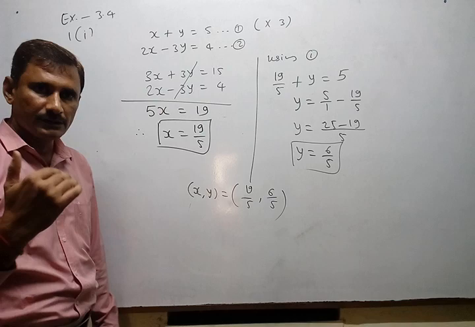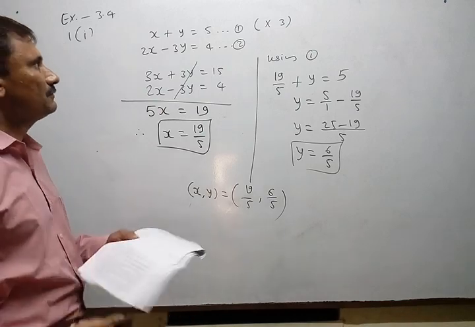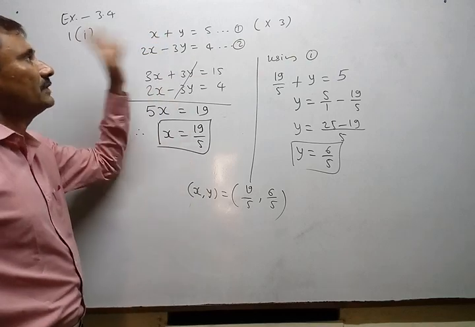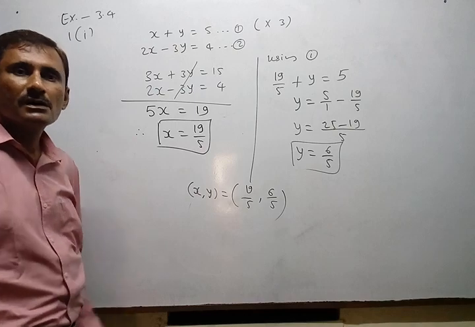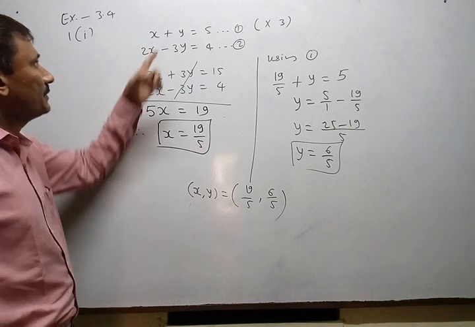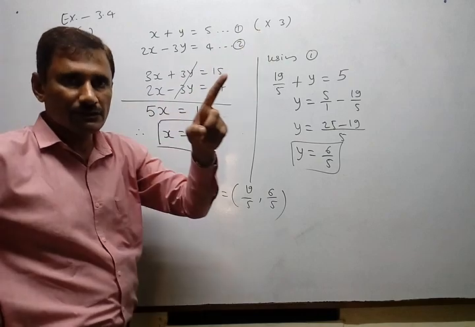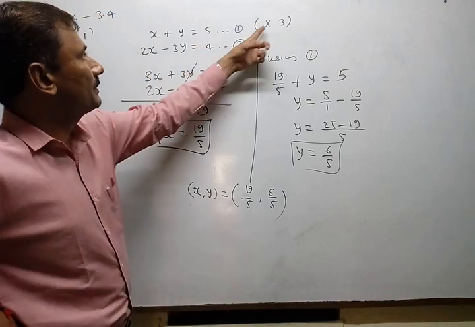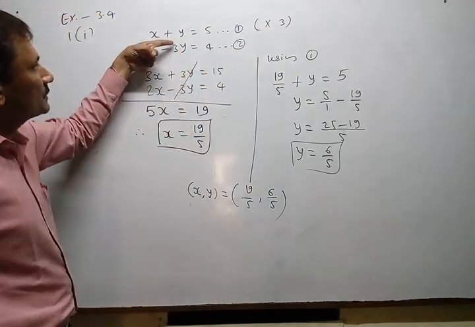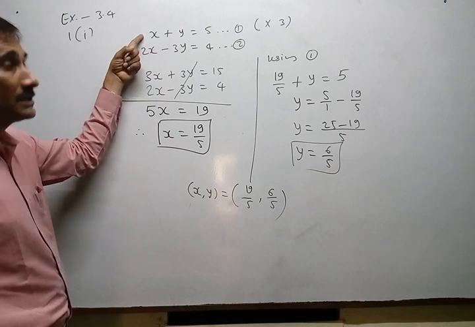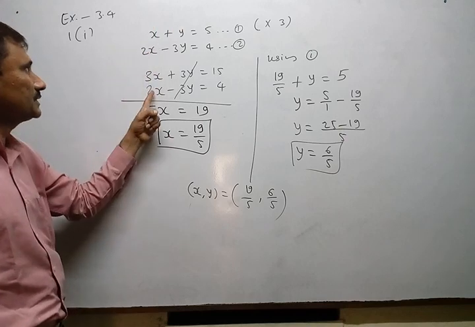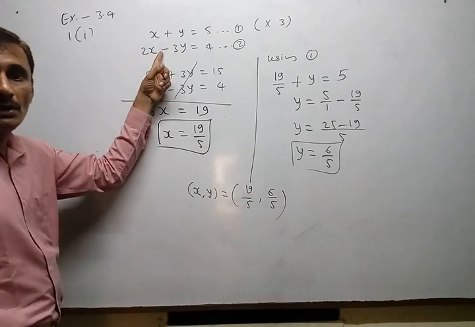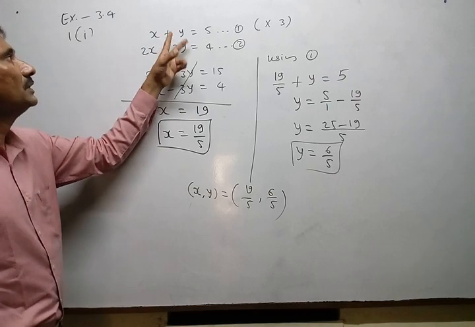So again, I just quickly revise it. First of all, write both equations this way, vertically arranged. Then look for any one variable. That variable's coefficient must be equal. If not equal, then you have to multiply either the first equation, or the second equation, otherwise both equations by appropriate numbers. Here I multiply the first equation by 3. Why? Because I want 3 here. Otherwise you can multiply the first equation by 2 also. At that time x is eliminated, so first you get y and then x. But I prefer y because signs are already opposite. Okay? So that is preferable.